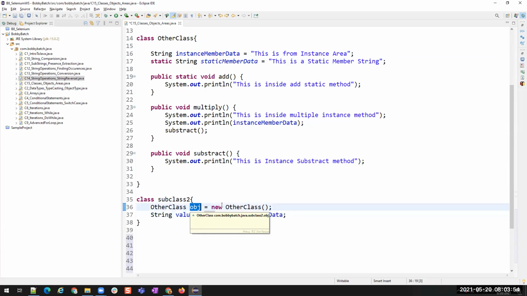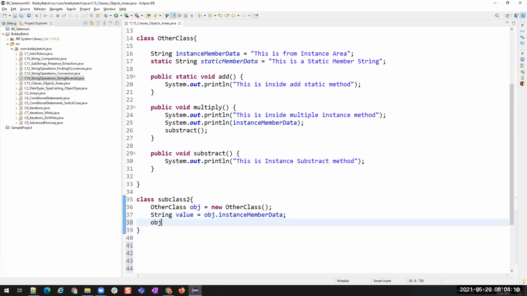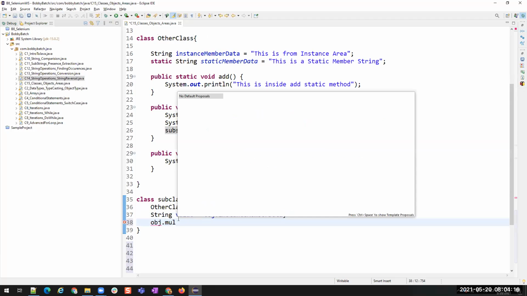What does this object consist of? This object has the members of the other class. We have to do this because there might be other classes where we have the same variable or the same method. The similar logic goes for instance methods. So we have multiply and subtract. Obj dot, you see this?